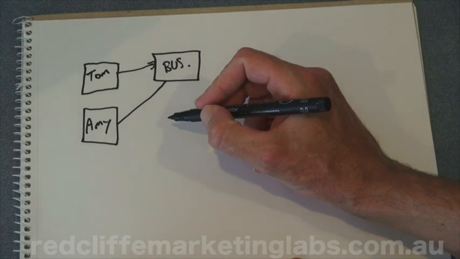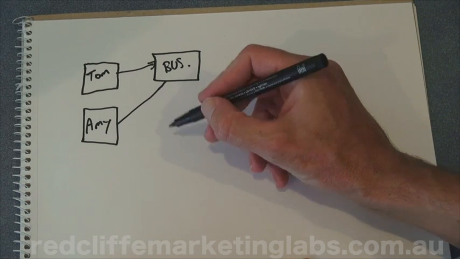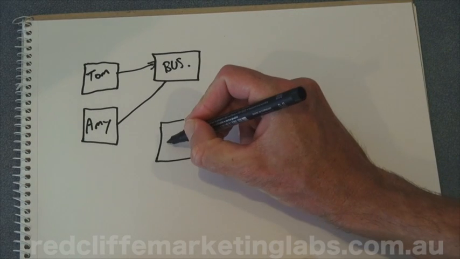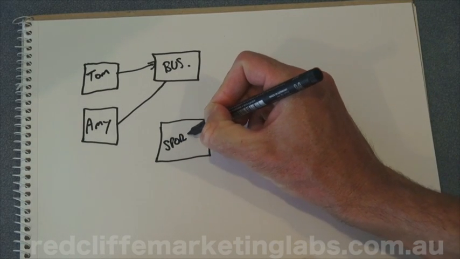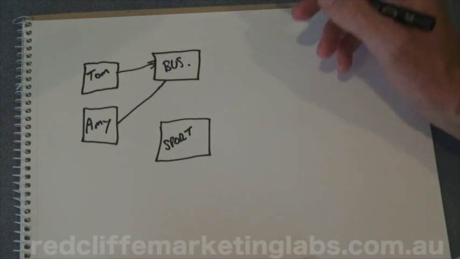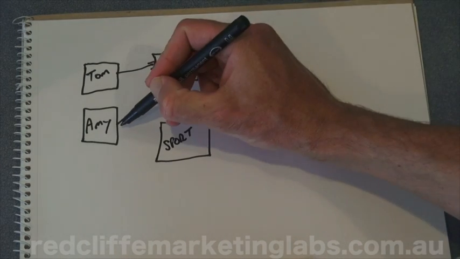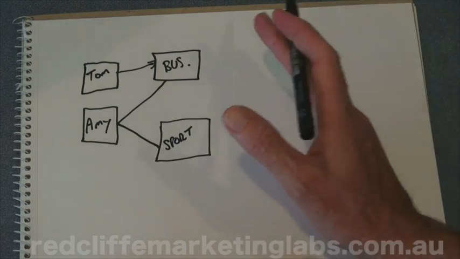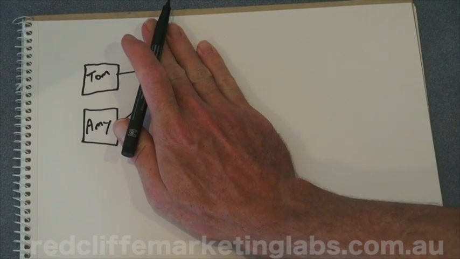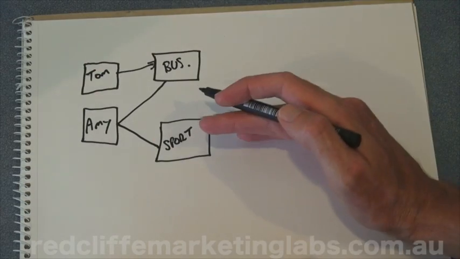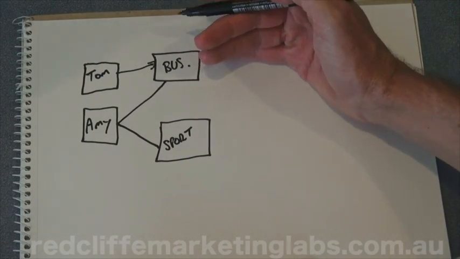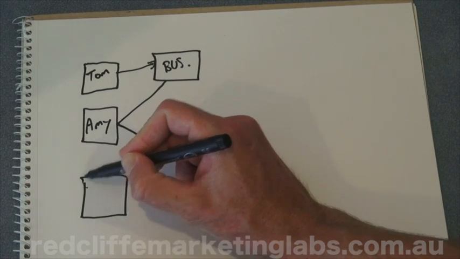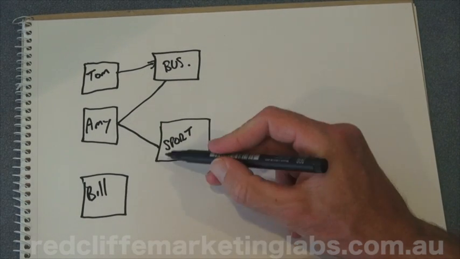Now, Amy may also be part of a local sporting group, and so she may be an admin on the sporting page. It could be netball or soccer or football, whatever she's into. So again, the profile over the left-hand side is all their personal stuff, and then they can operate on these different pages. And the same thing again, we may have someone over here, it could be Bill, and Bill might be the president of the sporting club.